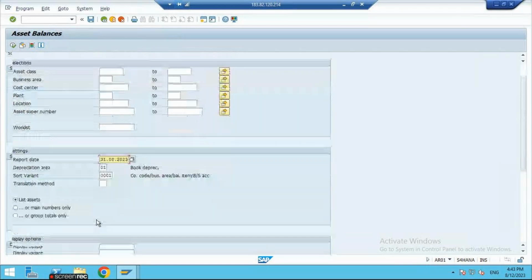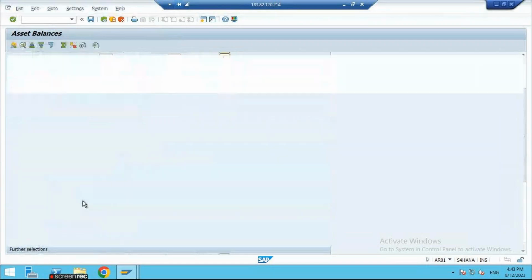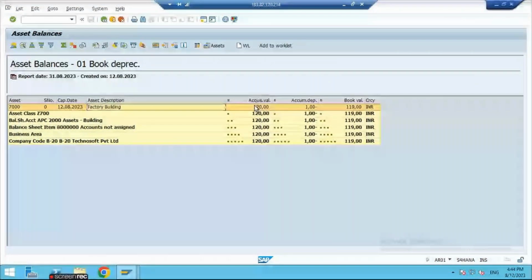So select that, use ALV grid. ALV means asset list viewer. Just execute, so that whatever assets we purchased are shown. The factory building we purchased for about 120 rupees. It is taken as 1 rupee depreciation in value. That I will show you. If you just double click on this,